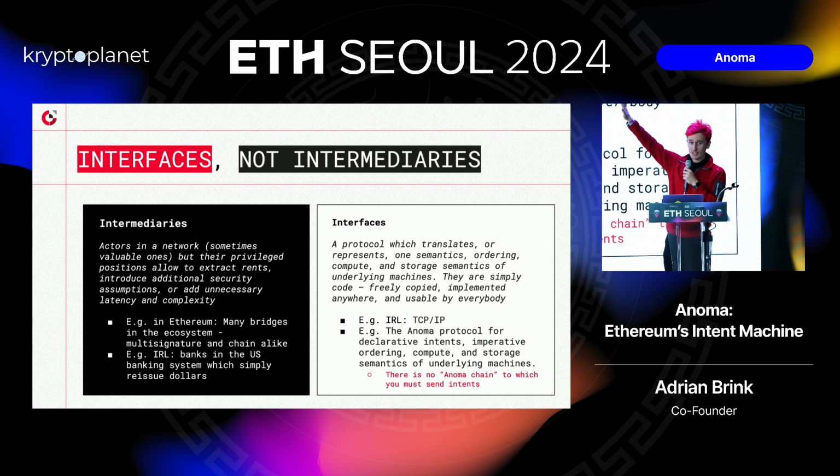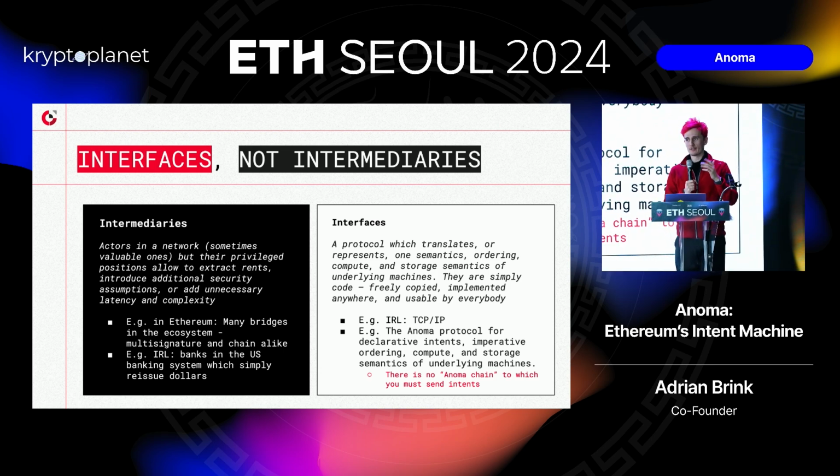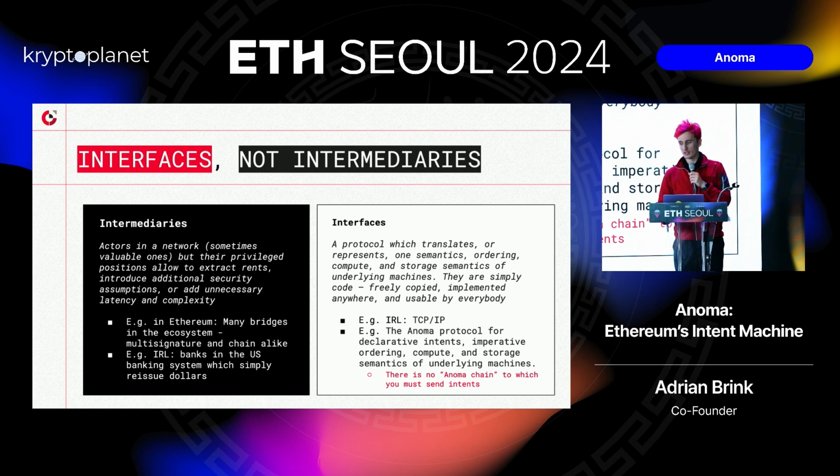Yes, we should really think about this more. We should be using interfaces, not intermediaries. Every time you use an intermediary, your trust model gets worse, and not in the sense that the intermediary will definitely screw up, but in the sense that now you have to think of more things. It's not as easy as using one thing; now I use 15 different things, and I have to understand the combined security model of those.